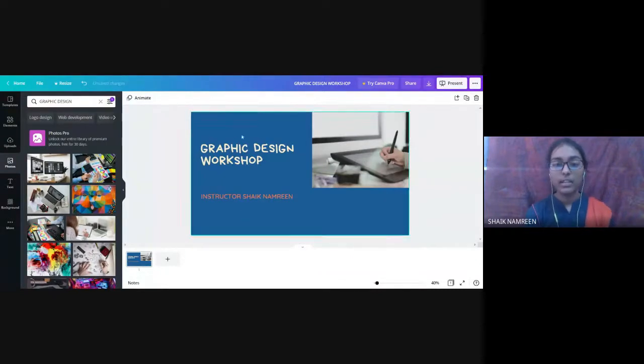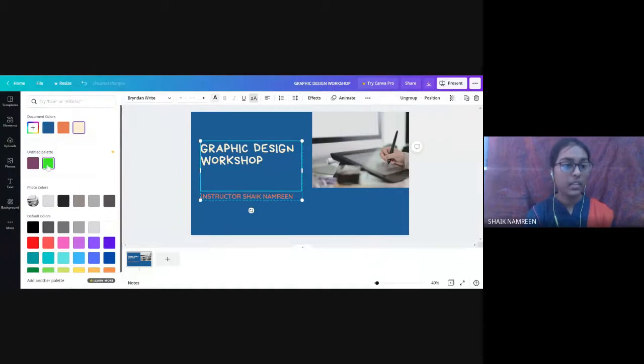And we can change this font color. I have an untitled palette where I have selected some colors. Those only will be shown here. So I will go with this violet color, light green, like this. Black is better.